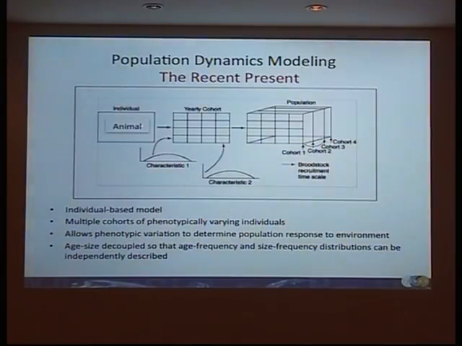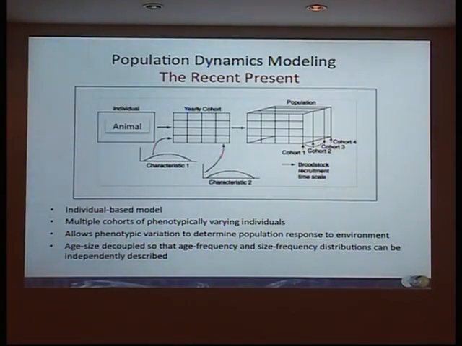That's what they call here. All right, so now we go to the individual. We put that in here, use an individual-based model, and then take the individual and through some magic develop a cohort by varying characteristics along a range of variability, and then somehow magically take this cohort and build up a population. All right, so what we want to do here is use an individual-based model to look at ranges of variability, build up a cohort where they have individuals that have phenotypic variation, and that variation determines the population